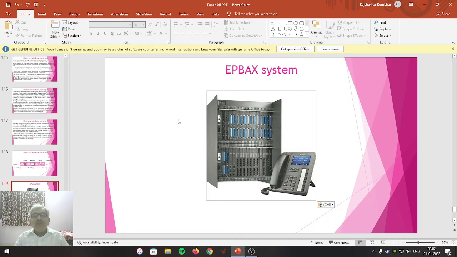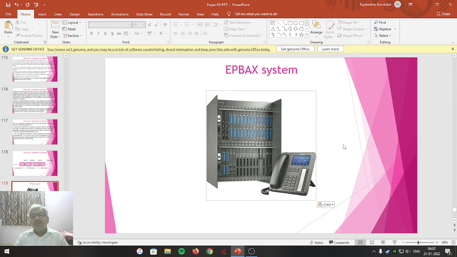And whatever incoming calls come externally, all those calls are routed through this particular system, the EPBAX system, which is situated within the campus area,